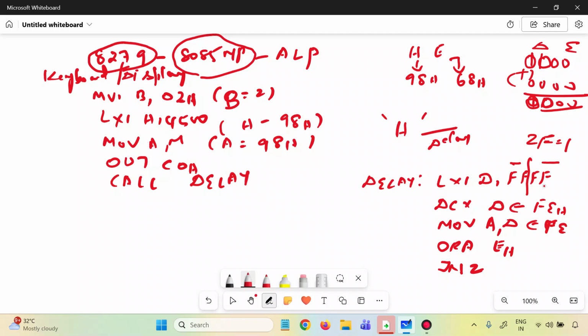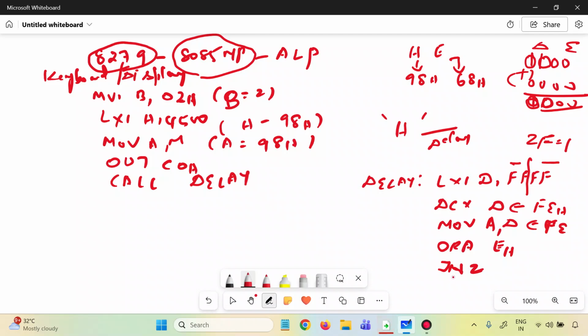First you're moving the high byte count, then you're decrementing it and you keep doing your OR operation. The OR operation will set the zero flag only if a 0 value comes. That means the count has been decremented to 0. So from FF the count has come to 0. For the first value, the zero flag will not be set, because only when D and E both become 0 will the zero flag be set. But now it is not 0.